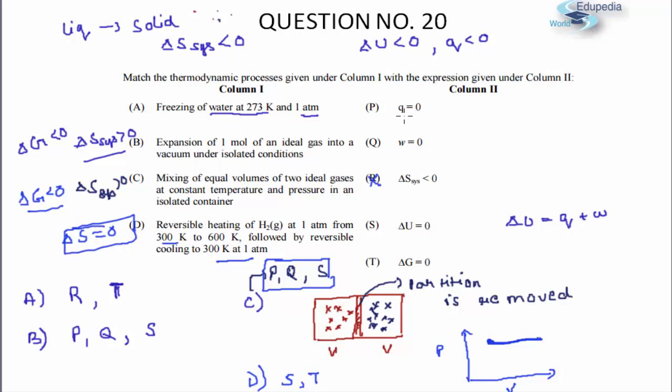What about Q and W? Q and W would also be 0 because it's a cyclic process, and we know that W is simply equal to the area of the loop, and you can see there is no loop over here, so obviously W will also be 0. So Q will match, and since delta U is 0 and W is 0, so obviously Q will also be 0 according to the first law of thermodynamics. So P will also be my answer. So that means D will match with S, T, Q and P. Those are my correct answers.